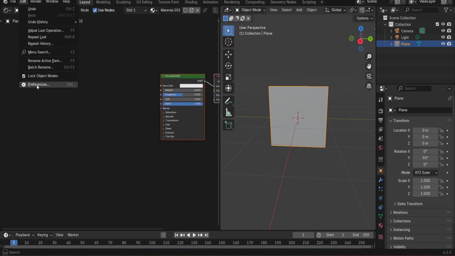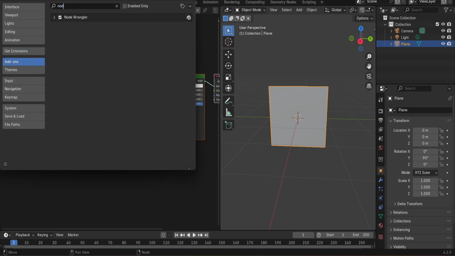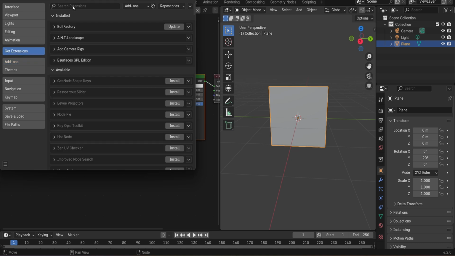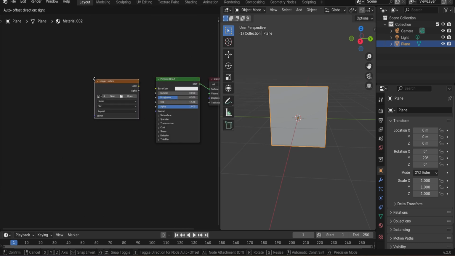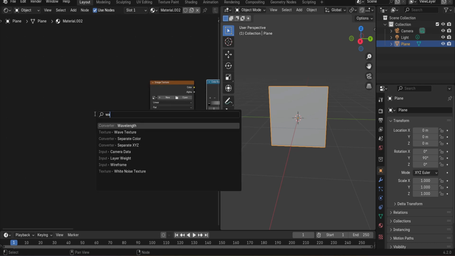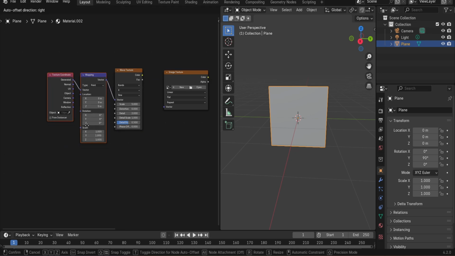And you're going to want Node Wrangler enabled. So come to add-ons and type in node and check mark it. If you do not see it here, it might be in here, and just type in node. So type in Shift A and then image texture. You're going to want a color ramp. You're going to want a wave texture. And with Node Wrangler, you can hit Control plus T